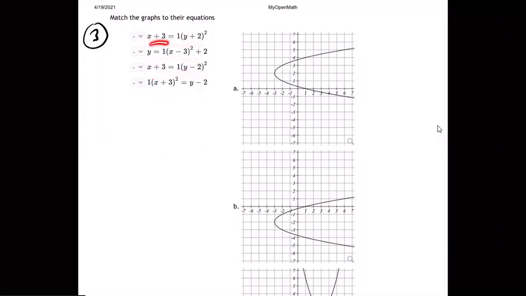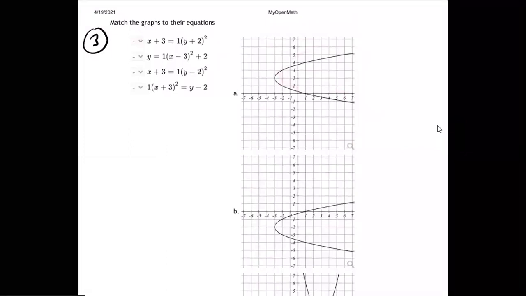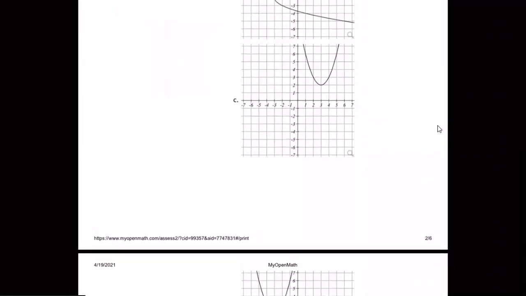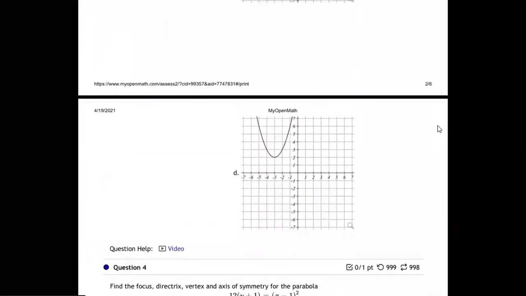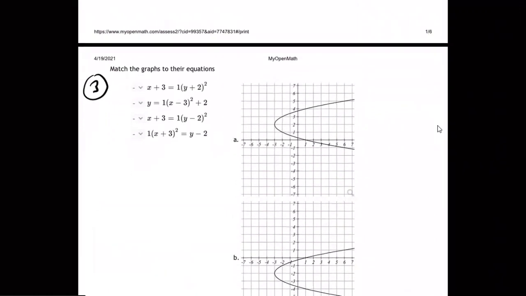They all have a 3, a 2, and a 1, one letter to the first power and the other squared. And then they got these four graphs. One's going right, up; one's going right, but it's kind of down. One's going up and it's upper right, and one's going up but it's upper left. So it's mix and match. Which one's which one? Well,